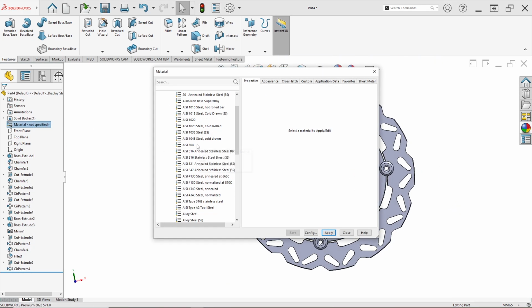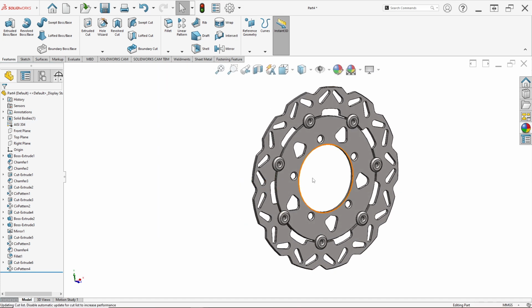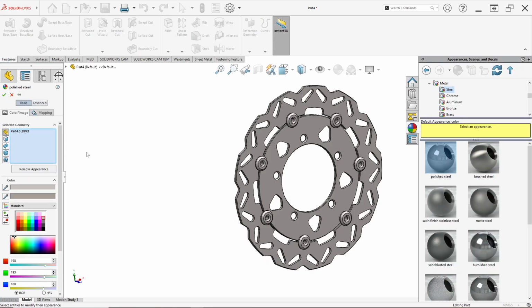For example, in here I set in, for example, AISI 305 and apply and click close. And we can change in here the color for the feature in here.